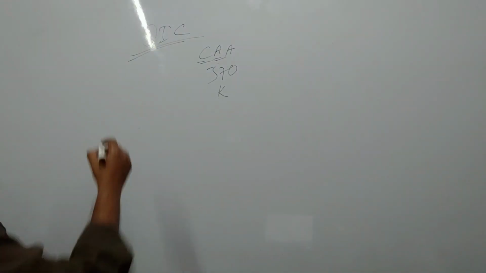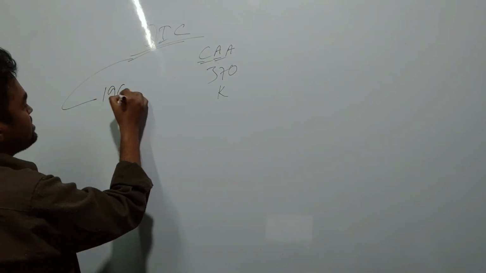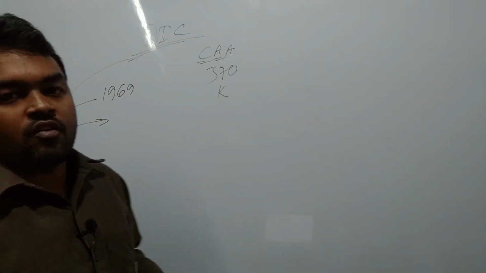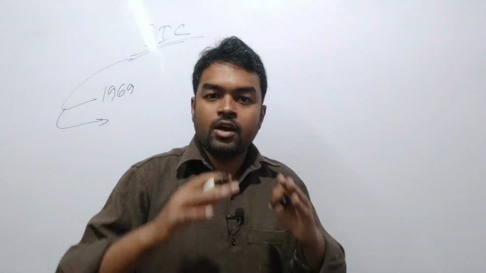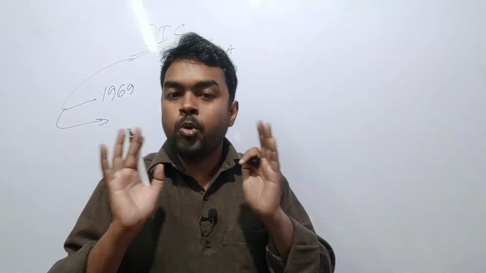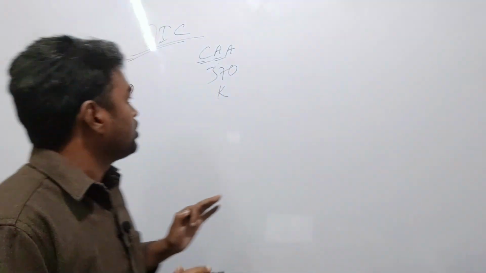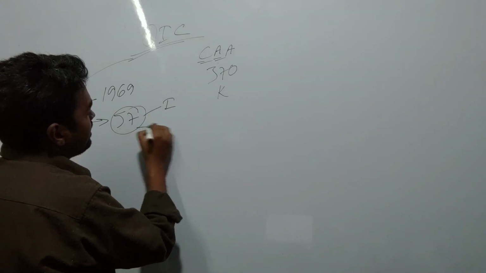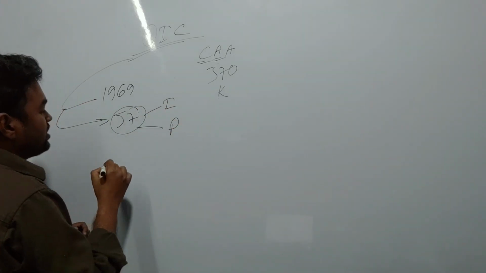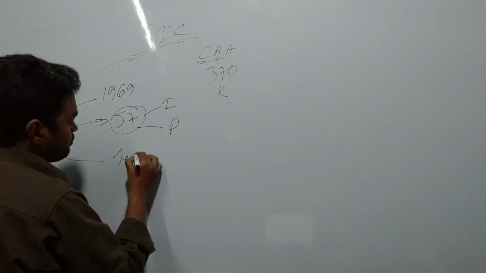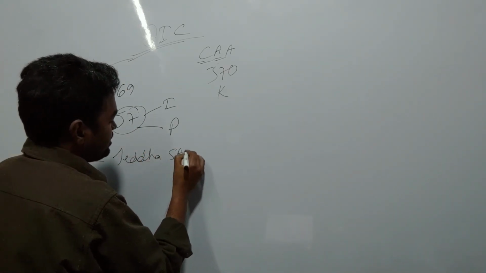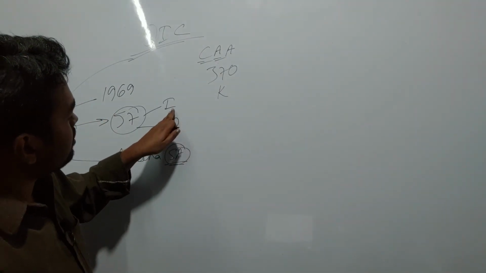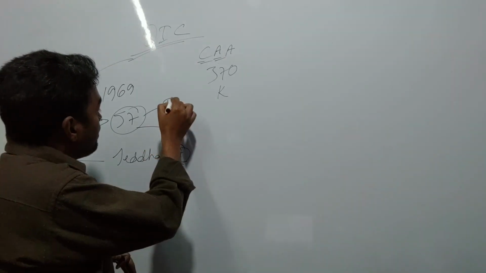OIC जो है, it was established in 1969। It says that our objective is to raise the voice of the Muslim world, ठीक है, to raise the voice of the Muslim world, to protect the interest of the Muslim world। OIC has 57 members including Iran and Pakistan, okay। Its headquarter is in Jeddah, which is in Saudi Arabia। Now ध्यान रखना है आपको, Saudi Arabia and Iran both are rivals, but both are